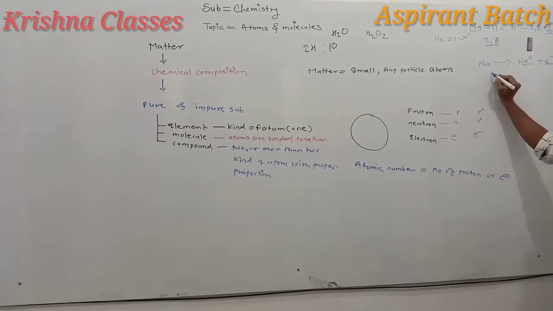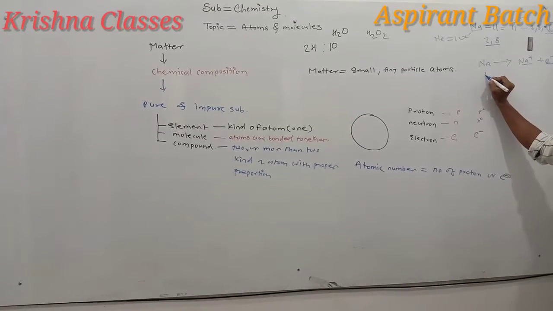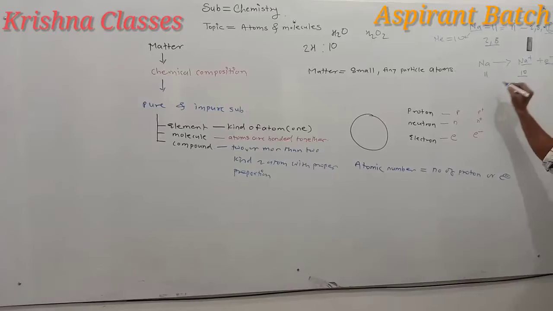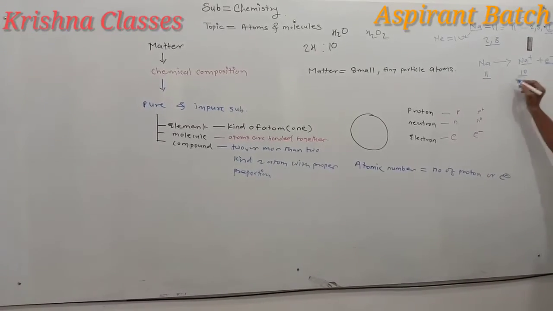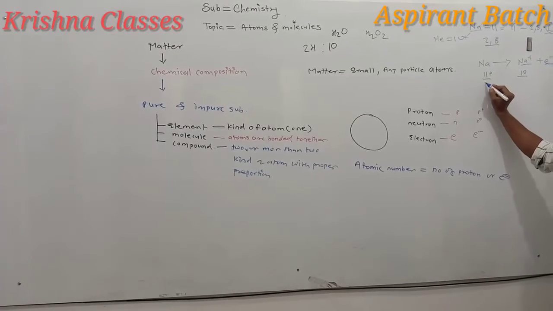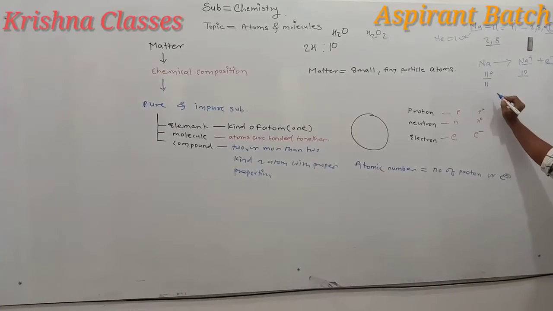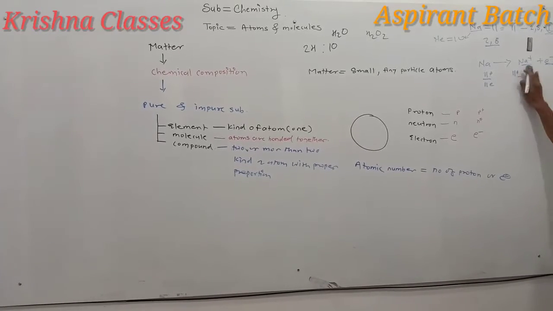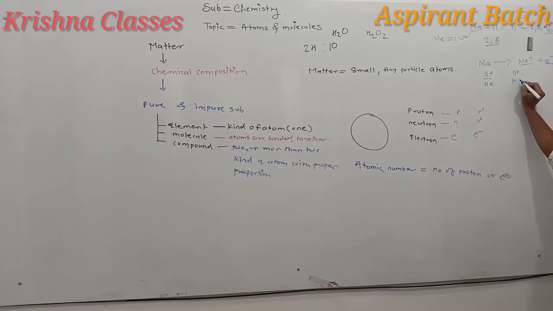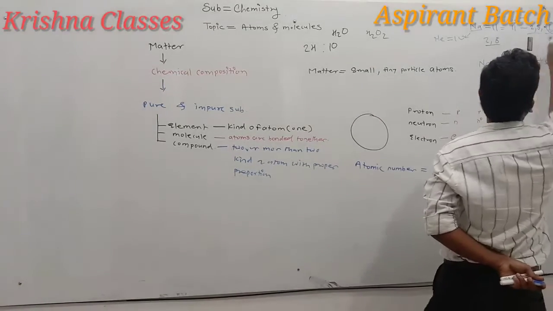So here the number of protons and the number of electrons is different. The number of protons is 11, and the number of electrons is 10. So here it forms an ion. Whereas we talk about the isolated atom